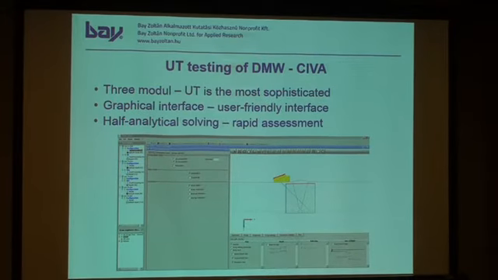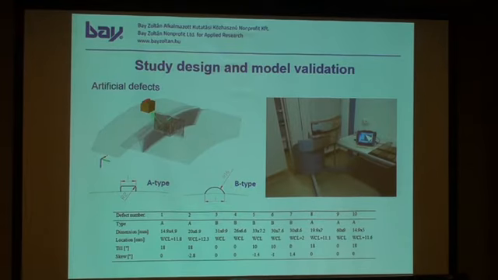This is a very simplified one because it's half analytical solution, and also in our case the geometry was simplified to a 2-dimensional one. It can actually be a 3-dimensional calculation by Sigma, but it takes several weeks to run. And the 2D calculation takes only a few days to get the whole result.